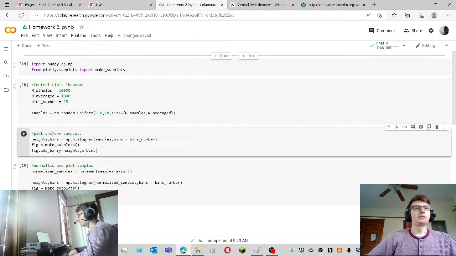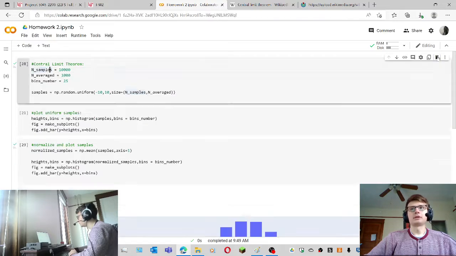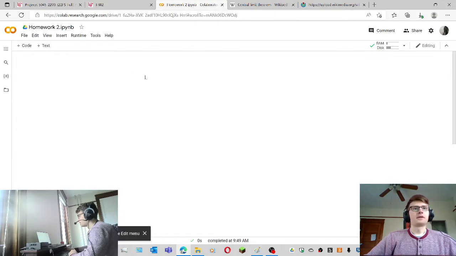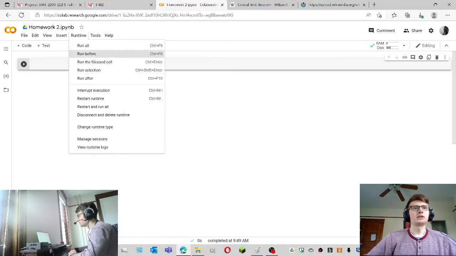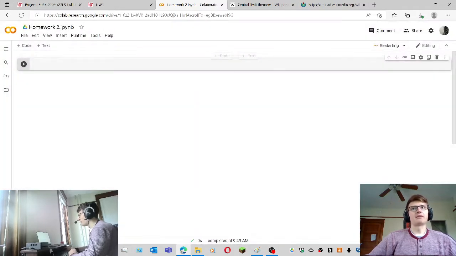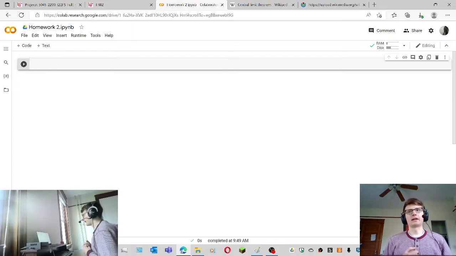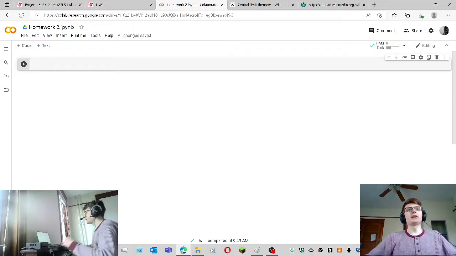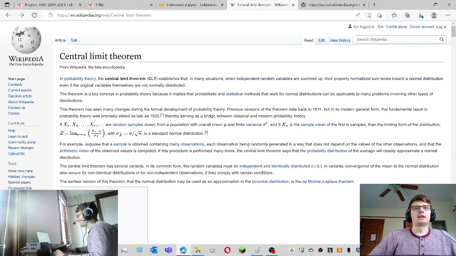So coming here, let me just go ahead and clear everything out. Sorry, I left a bunch of stuff up. I'll insert a new code cell, and I will actually restart the runtime because I don't want to have anything left over from what I did. I don't want to have any variables or anything like that left over. So sweet, I restarted the runtime, and I need to get an array of all these values